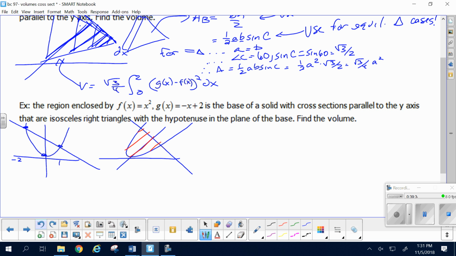Isosceles right triangles with a hypotenuse in the plane of the base. That's just